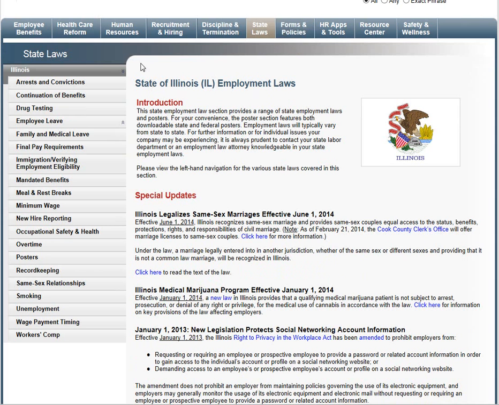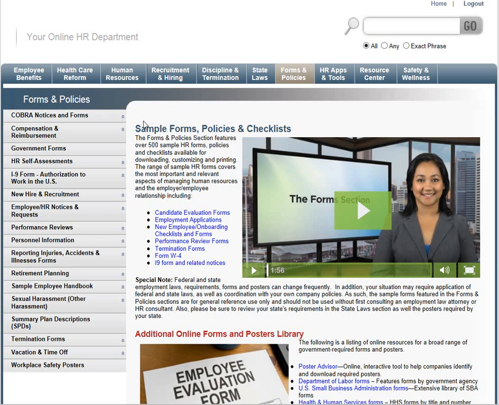Underneath forms and policies, no kidding, we have at least 1,000 different forms that are available in here for you. Whether it's looking up performance review information, personnel information, accidents, injuries. By the way, if you need a new sample handbook, we actually have a federal template handbook available for you that you can download and use. Underneath HR tools,